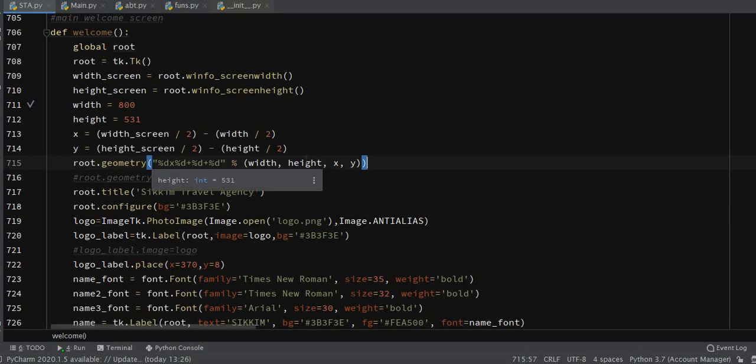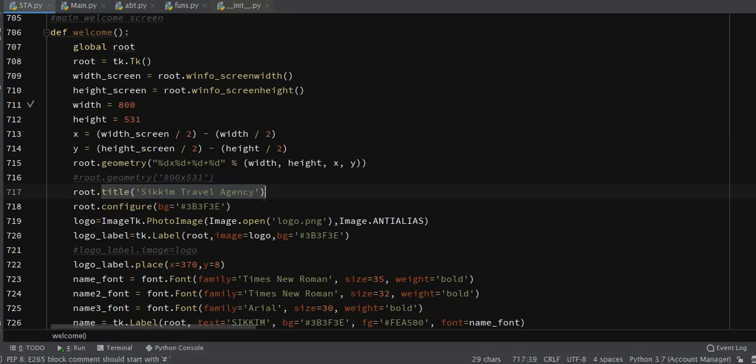It's just calculation and all. Otherwise, I have made a statement here. You can use this statement as well. Moving on to the title, we have added the title in the same way. It's optional again. For the background color that is applied to the window, I have used root again, and I have used the configure function here. Now for background, you have to use the bg parameter and assign it to the color. You have to enclose it in quotes again. You can use the name of the color also, but just to be specific about the shade of the color I wanted, I applied the hex code here.